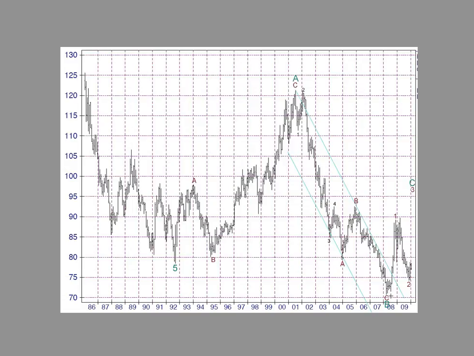cycle degree B, which ended below the start of A, which means this is an expanded flat correction. It's a flat because A breaks down into 3, and it's an expanded flat because B reaches below A. This wave B is also really nicely contained in a parallel trend channel, drawn using Elliott's channeling technique, from the start of A to the end of B in a parallel copy placed on the end of A